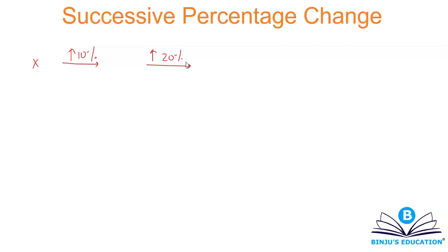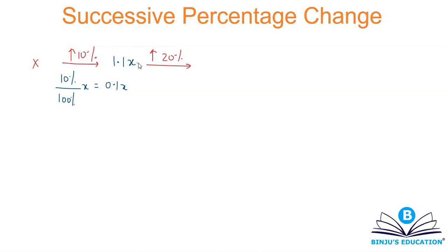Now there are two ways of solving questions like these. One is the conventional way, that is you go step by step. So what is the step by step method? Let's understand. If you are increasing x by 10%, then you are increasing x by 10% upon 100% into x, which is 0.1x. This is how we convert percentage into absolute values, correct? So if you are increasing x by 0.1x, can I say my value after increment will become 1.1x? Yes or no?